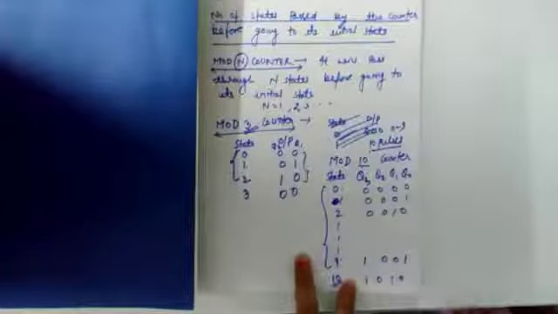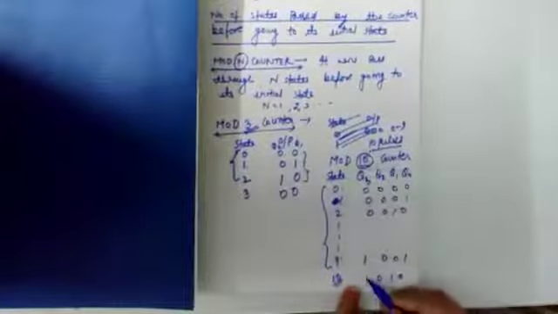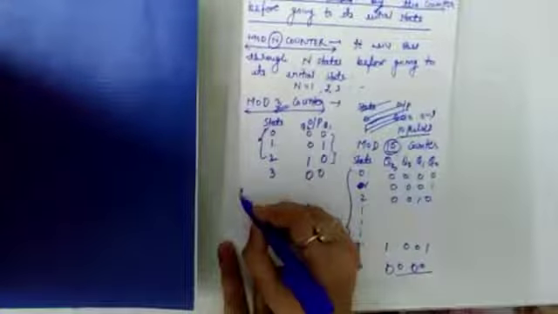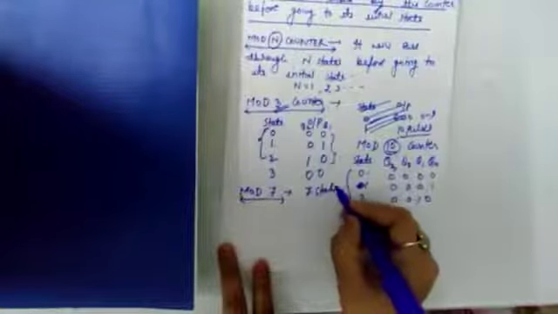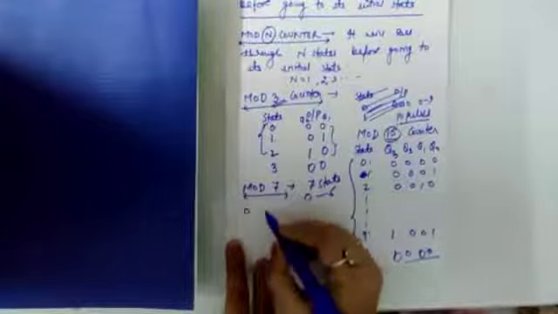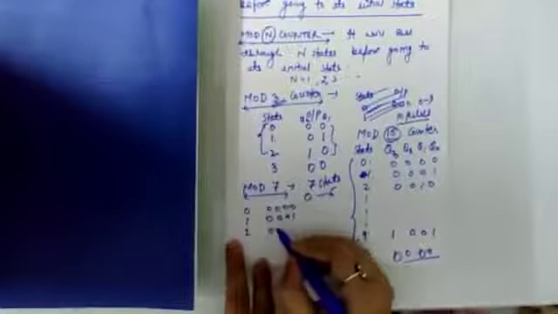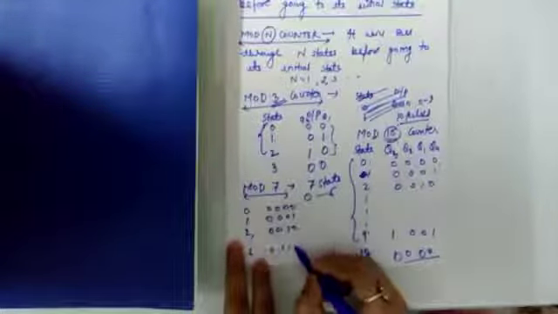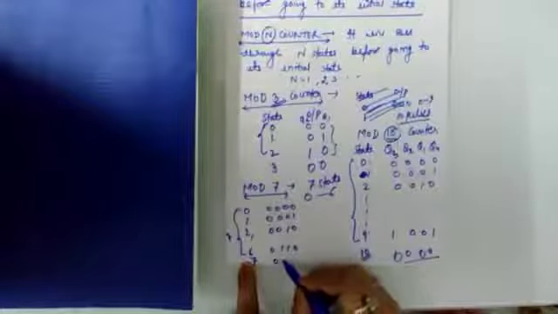And when the next pulse arrives, ideally it should show 1 0 1 0, but it is a mod 10 counter. We want to stop the counting at this specific point, which means it will restart again, and all the outputs will be 0. Similarly, for a mod 7 counter, it will pass through only 7 states from 0 to 6. It will count 0 0 0, 0 0 1, 0 1 0, up to 6, which is 1 1 0. As the next pulse arrives, ideally it should count 1 1 1, but it will restart the counting again.